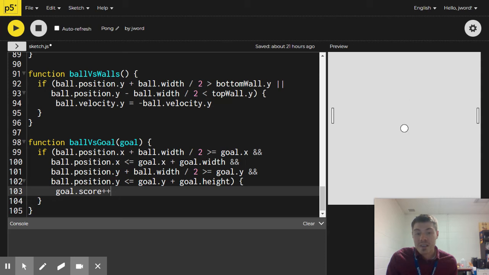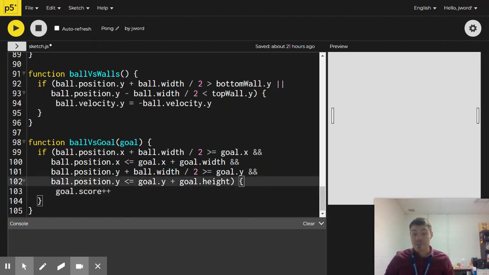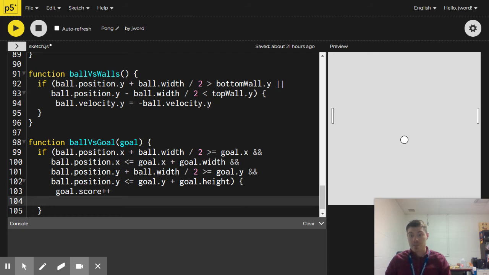And then just to make things very visual for us, we haven't built out the score HUD yet. So also inside of these curly braces, I want to do a console.log. Use the log function to make a statement appear in my console so that I can at least see which player scored and what their score is. So I'd say goal.player